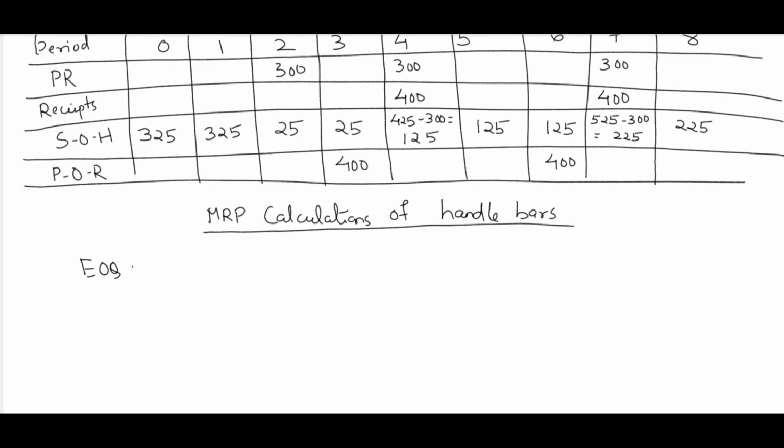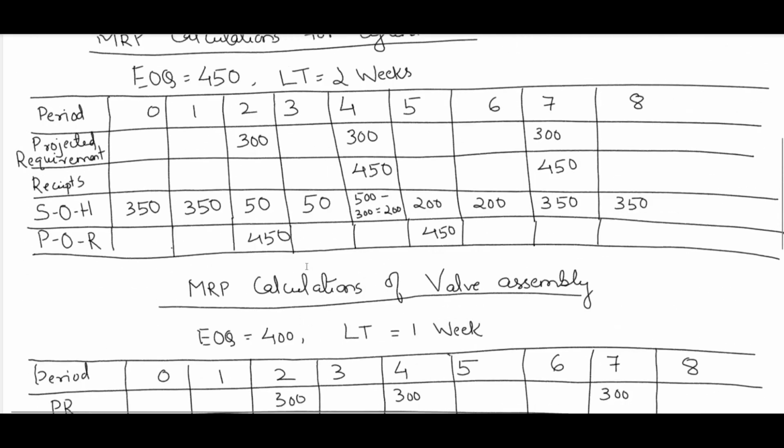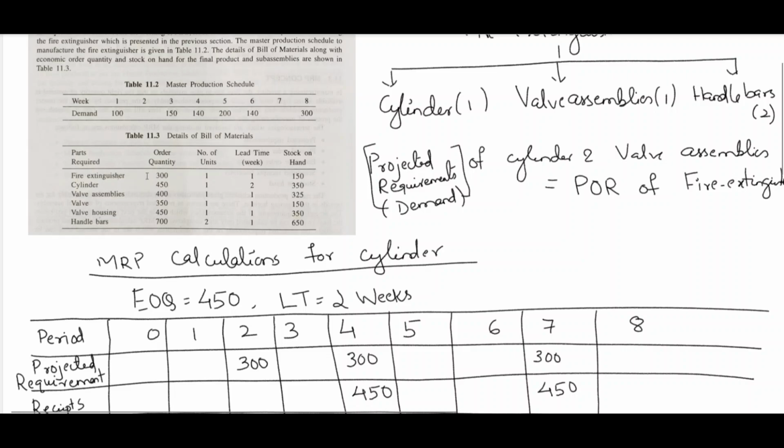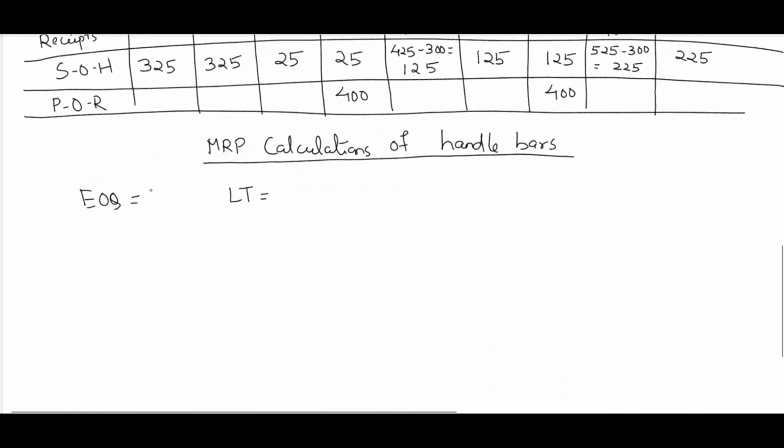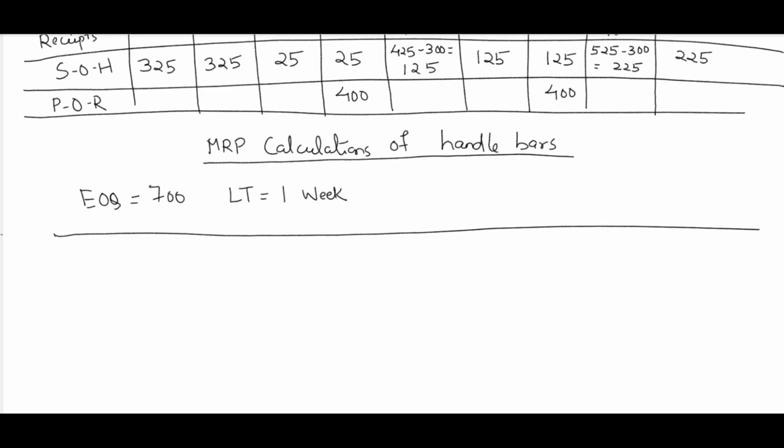EOQ and LT we will see from the question. What is the EOQ for handlebars? It is 700 and lead time is 1 week. Okay, so EOQ is 700 and lead time is 1 week. Now similarly